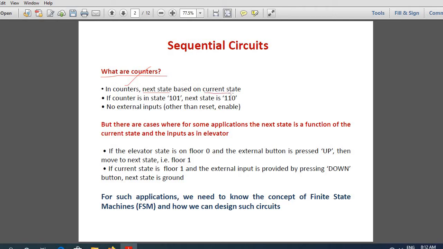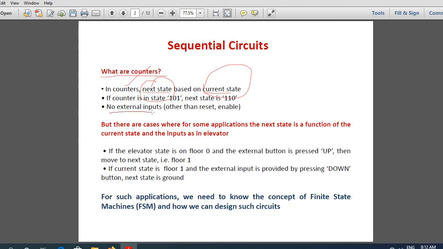For example, if your current count is 001 in a 3-bit counter, the next state will be 010. So it's based on the current state that the next state is produced, or there should be a sequence for the states.